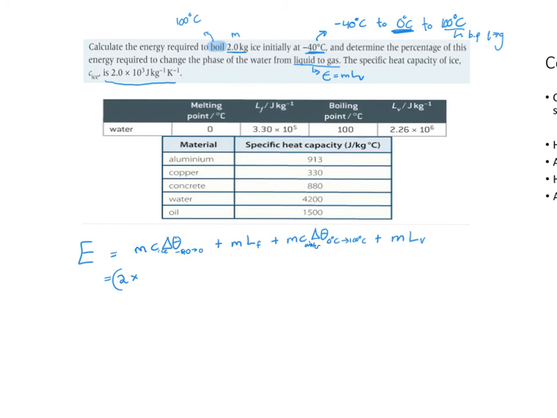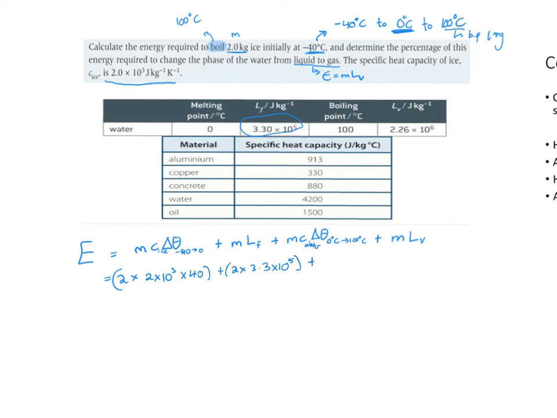We have 2 times 2 times 10 to the 3, times, since the temperature goes from minus 40 to 0, the change in temperature is just 40, plus 2 times the latent heat of fusion for water, which is 3.3 times 10 to the 5,